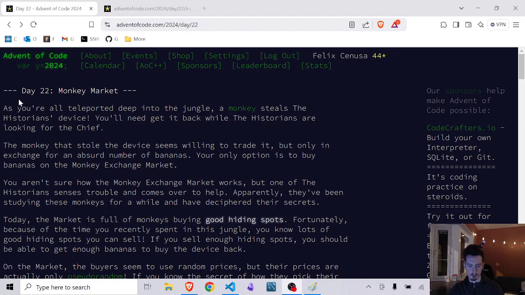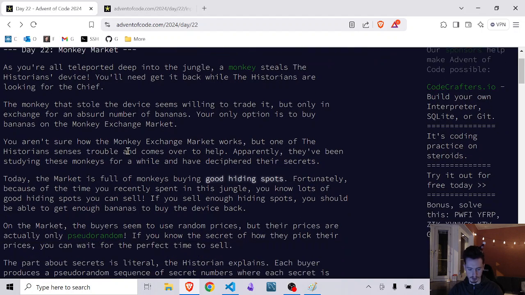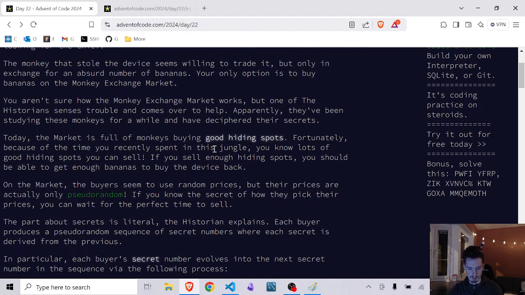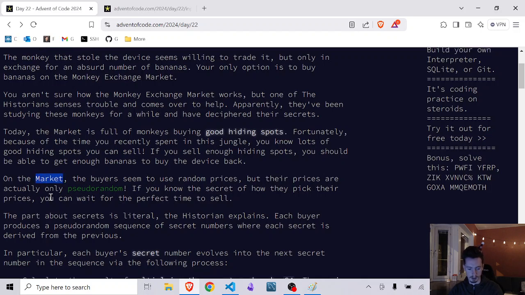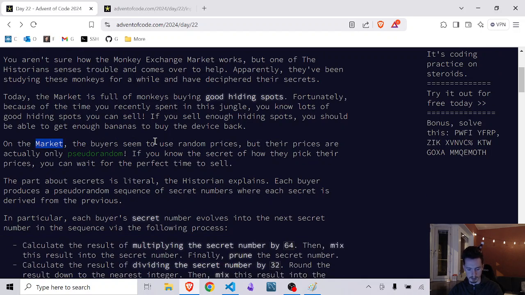Alright, so today we're going to be doing day 22 in Advent of Code. The first part of the challenge is that we have some monkeys and they're trading and they have a market, and apparently what the buyers seem to do is that they buy using random prices, but they're not really random,